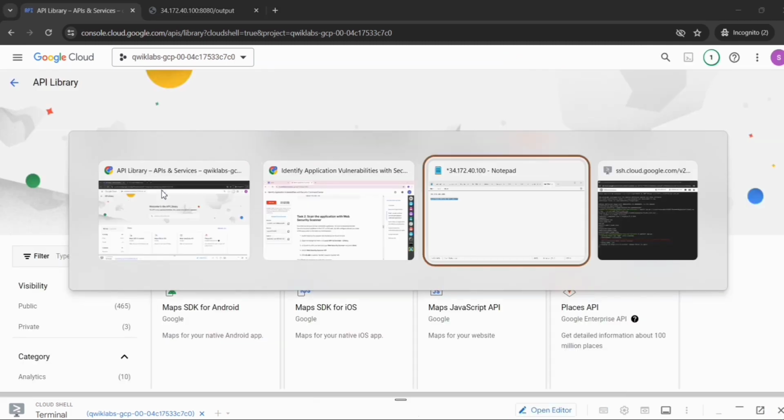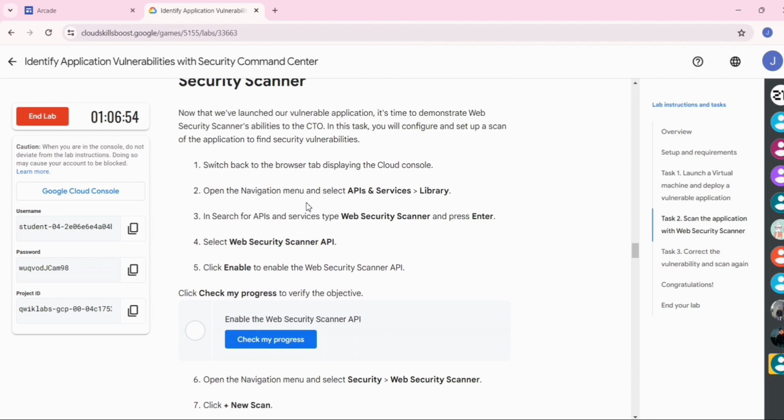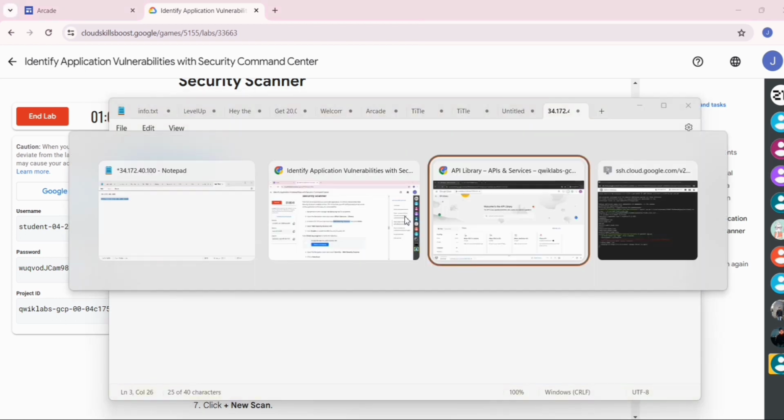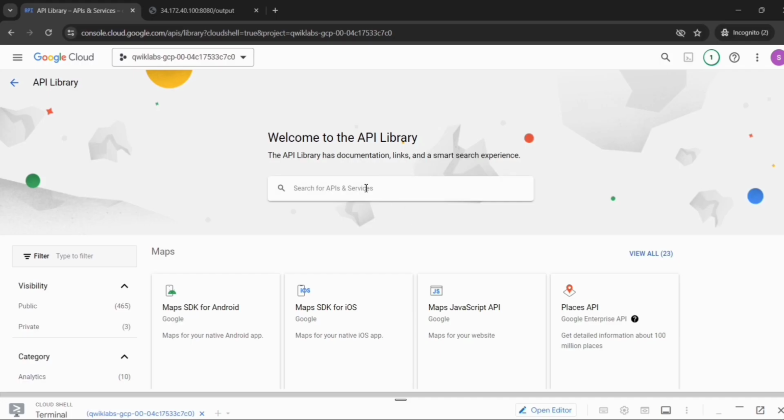Now go back to the lab instructions. Copy this Web Security Scanner API name. Go to the Cloud Console, paste the API name here and select the Web Security Scanner API.